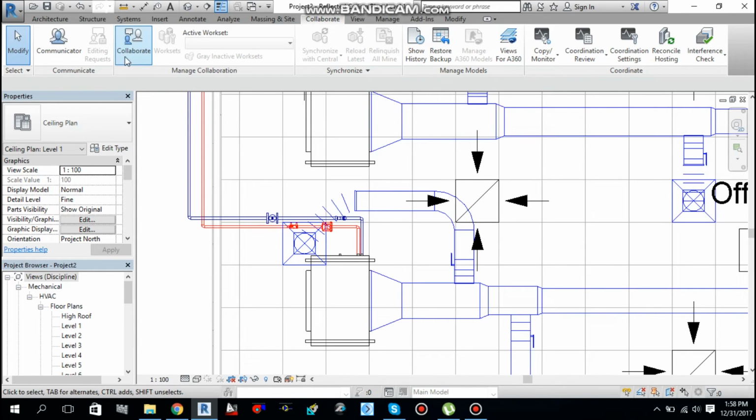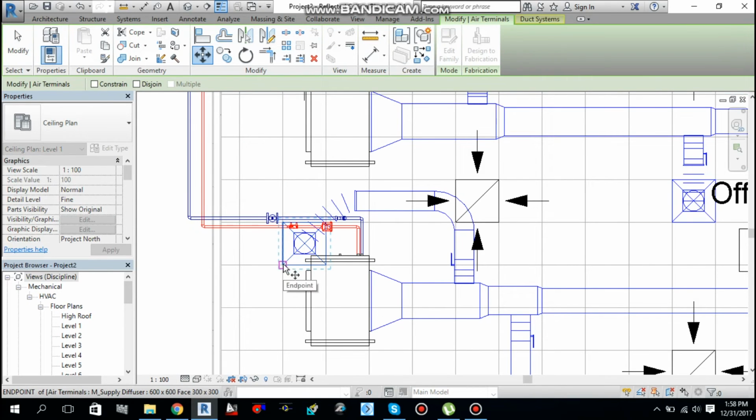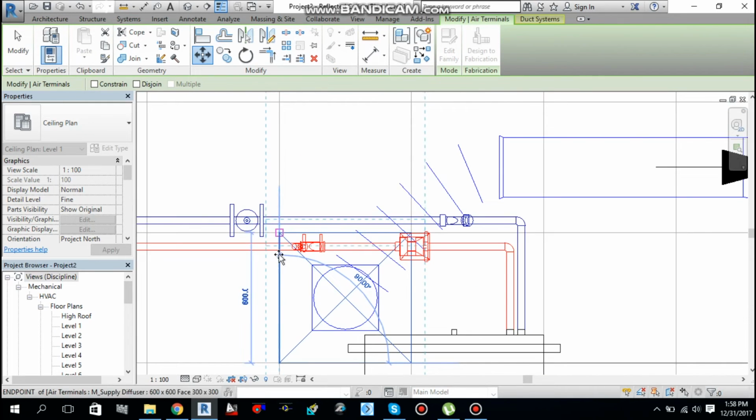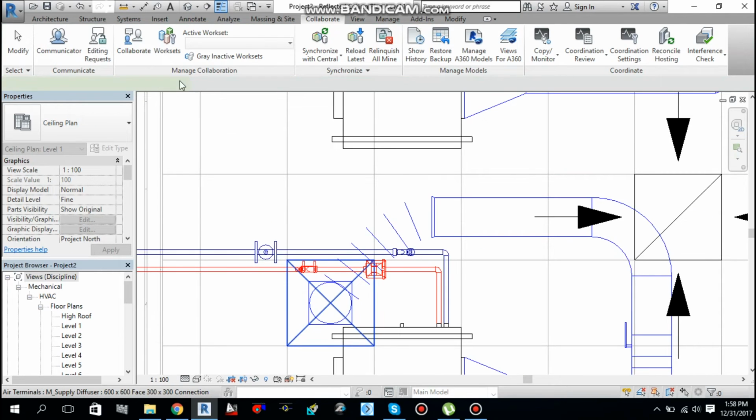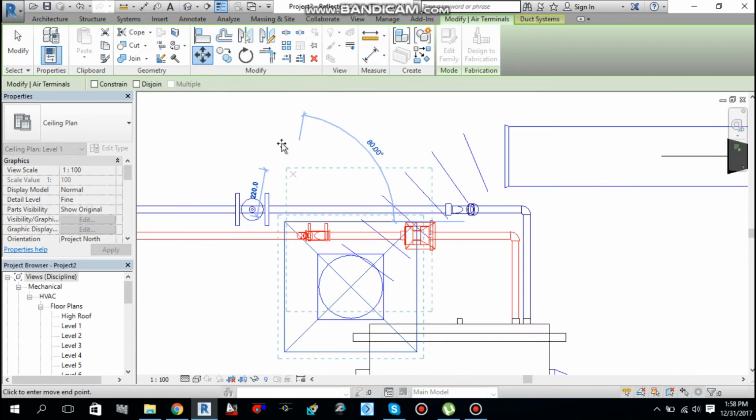So I will just move this one. I will select this one and then move it from here to, select it, move it from here.